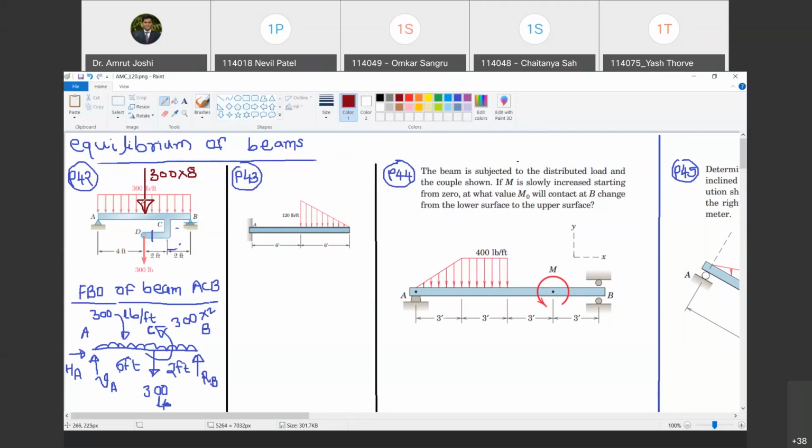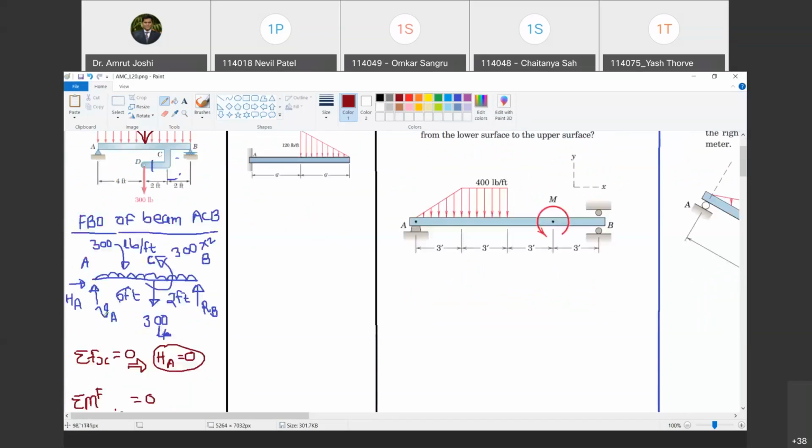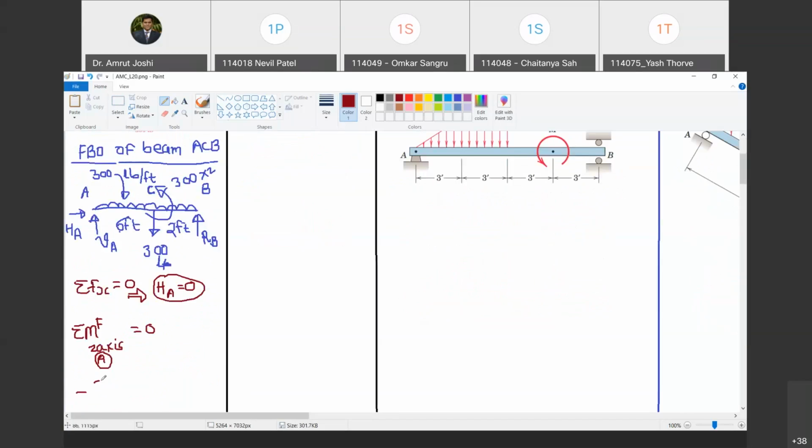Yes, sir. And where is the centroid of this rectangle? The centroid of this rectangle is at 4 feet. So this distance is 4 feet. Do you agree with me? Yes, sir. So now in this free body diagram, don't look at this UDL. Just look at a point load which is placed at a distance of 4 feet from A. So what will be its moment? 300 into 8 into 4. But it will be in the clockwise direction. Do you agree with me? Yes, sir. Therefore, I am going to write this as minus 300 into 8